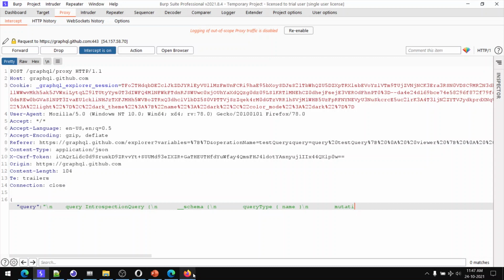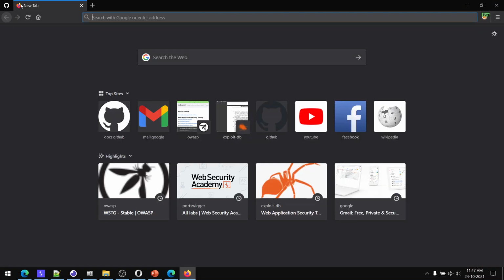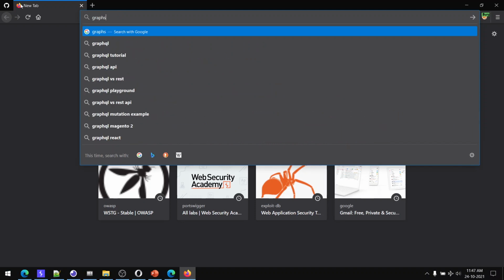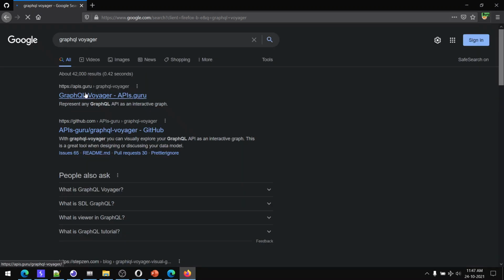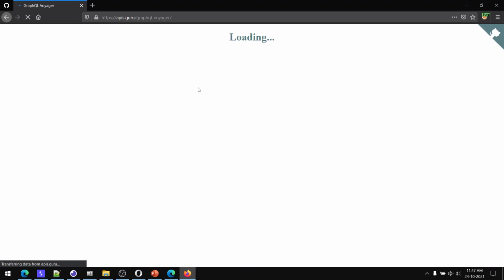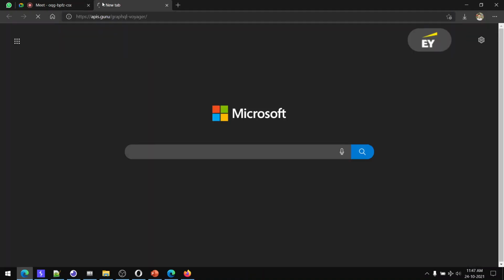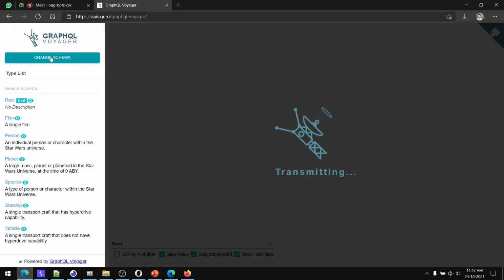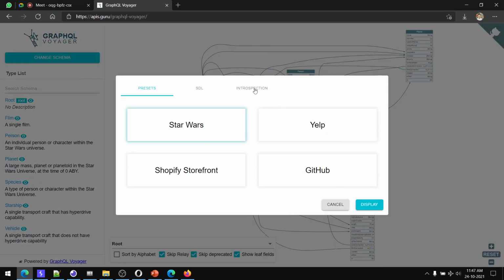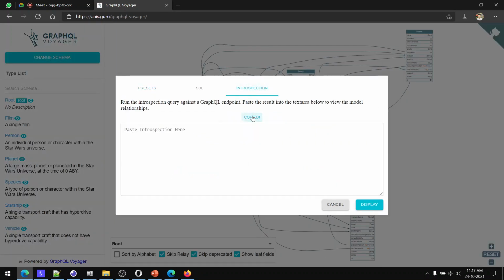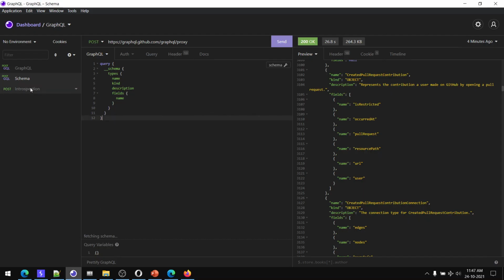For that, there is a tool called GraphQL Voyager. You can go to that. This is the Voyager. Or I'll open that in Edge. You can click on change schema. After that, you can go to introspection, and then click on copy introspection query. After that, just go here,